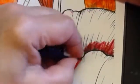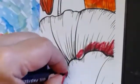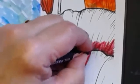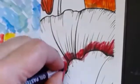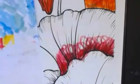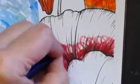So we've got the darkest first. So kind of really bold in the middle. Oh, I've got my hand on that one now. You can feel the waxy on your hand. Quite strong and solid, and then what you need is a little bit of feathering, or you can dot. Then your next shade, and you only want three, rule of three, anything else and you get mud. So your next one is kind of blended,